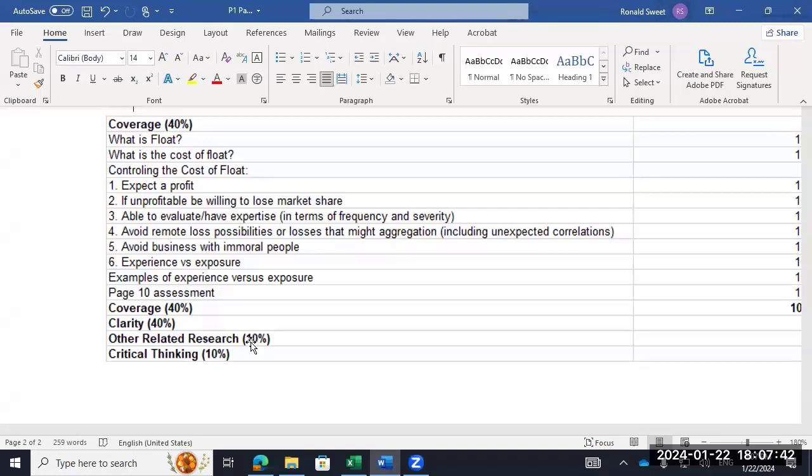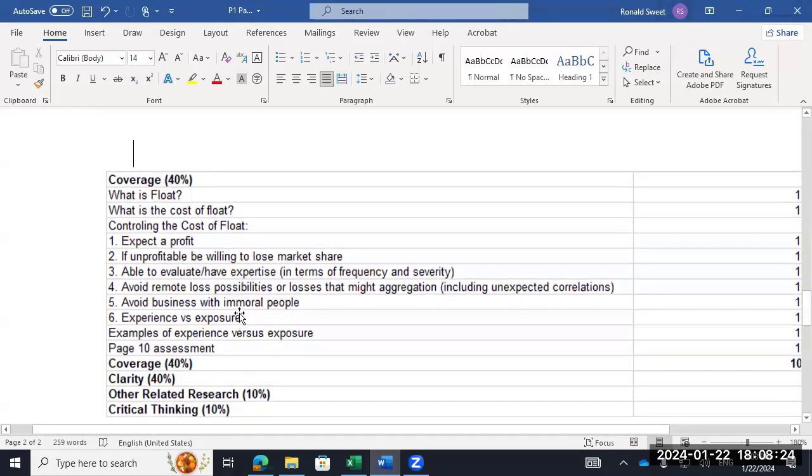It's not a research paper, but you could probably get away with one really short article and some insight into what he's saying. You saw last class, if you type Warren Buffett and float, a lot of things come up, and try to find something published maybe in the last year or 2. What a lot of students did last time, they said what he talked about from 2001 is still current today. I found an article from February 2023 where they said this. Very consistent with what we said in class. Even more exciting to me is I found this article that disagrees with Buffett and made this argument, something along those lines.